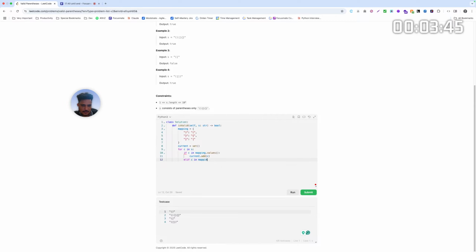So else if c in mapping dot keys, right, and current is not empty, then what are we gonna do? We're gonna remove the element from the current, right? It should be a list, not a set. It will allow us to easily remove the elements from the back end of the list, right? So the last element, the way we will do it, current dot pop, and then we're gonna compare it with the